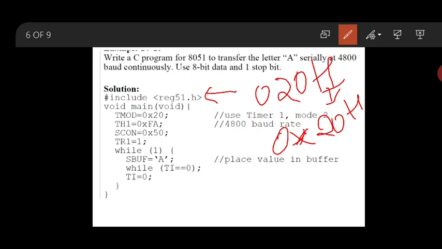Now similarly, there is my FA. FA is a hexadecimal value. If I represent it with h, this is assembly language. Now I am using C. You can't use the h here like this.